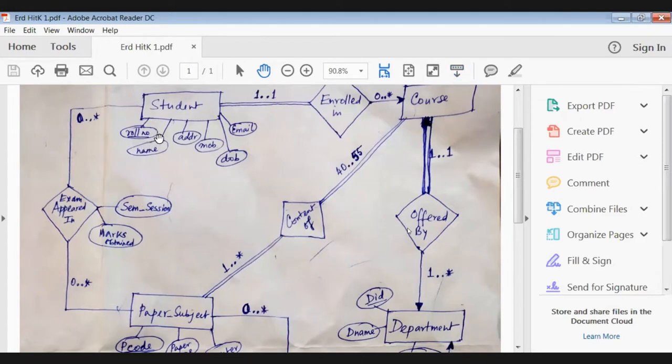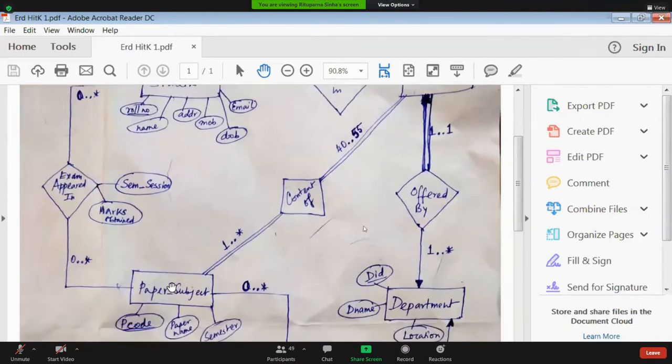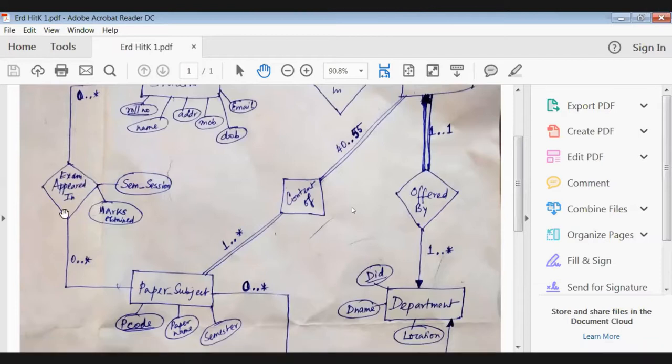Very good. Who answered? Shayok. Achha. Roll number, the primary key of student table and primary key of paper subject table will be attached here to the exam appeared table, and they will combinedly become the primary key of the exam appeared table.